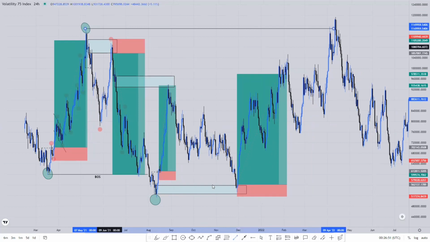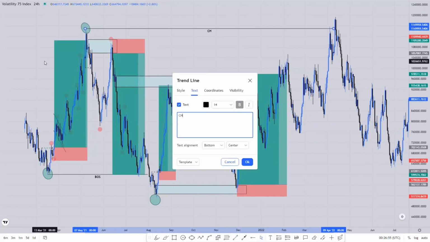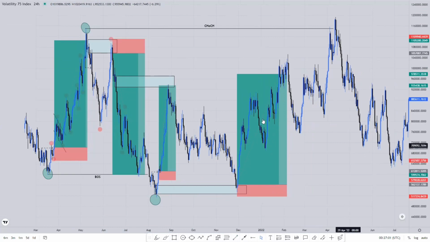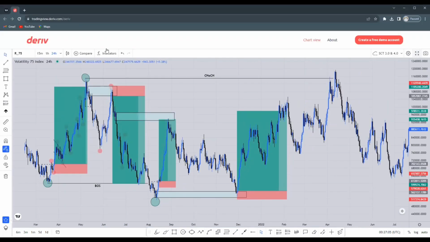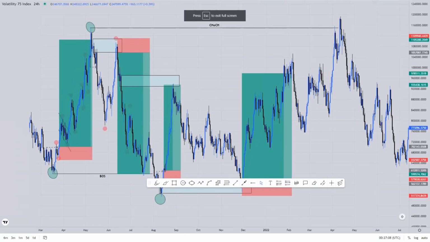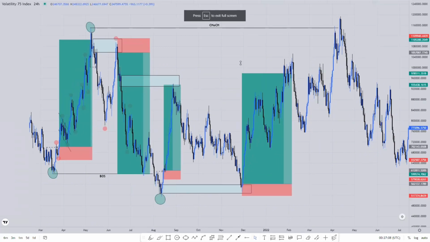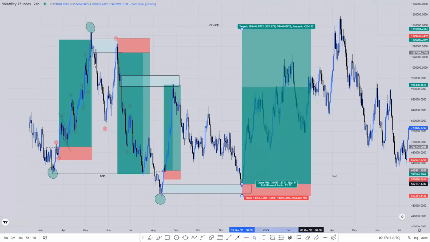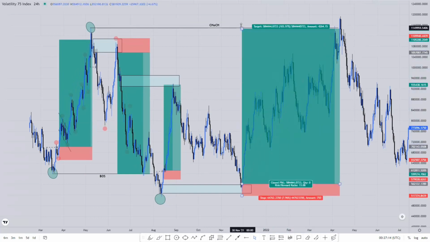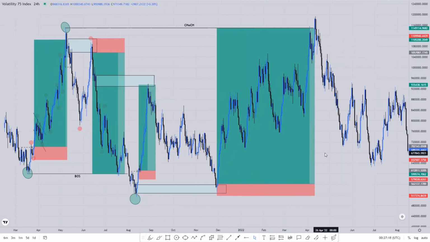Change of character, right? Change of character like this. If you notice and you followed internal structure here, you realize that it never induced even below here. Because remember, so long as they haven't induced, that trade will still be worth holding. You realize that even as they were going up like this, up until this TP was hit like that. If you follow internal structure nicely,